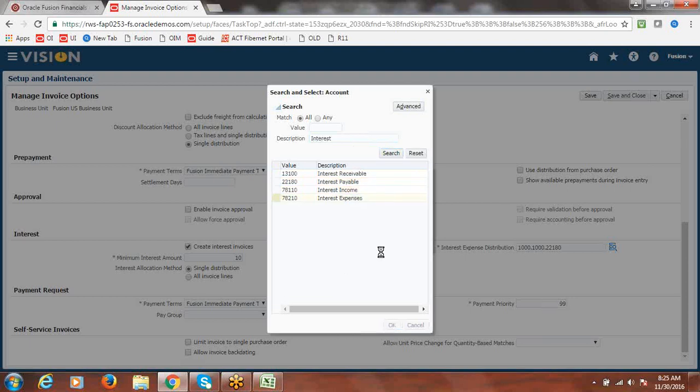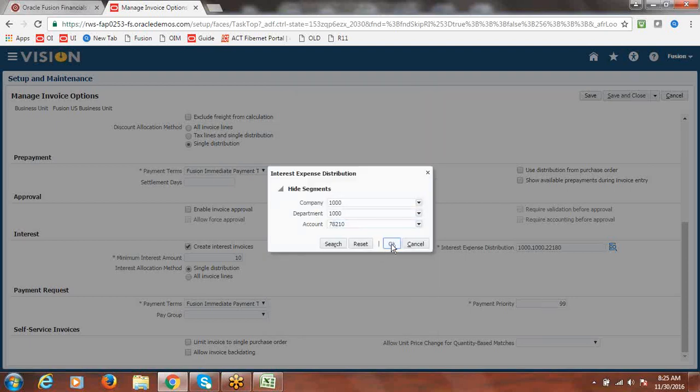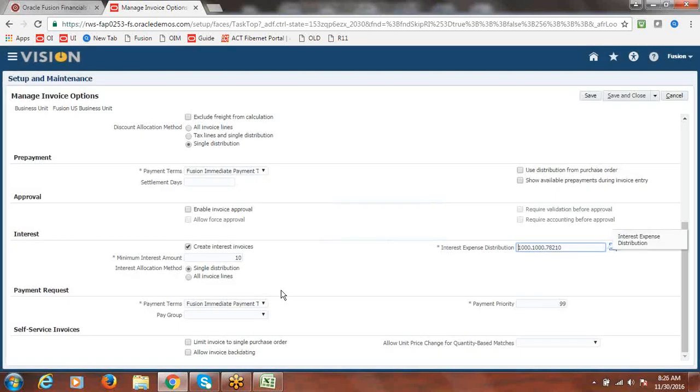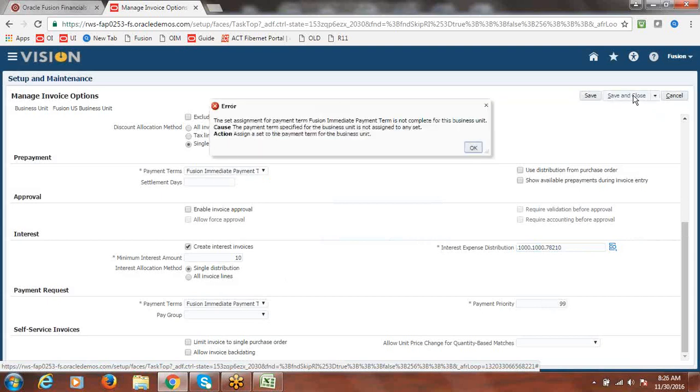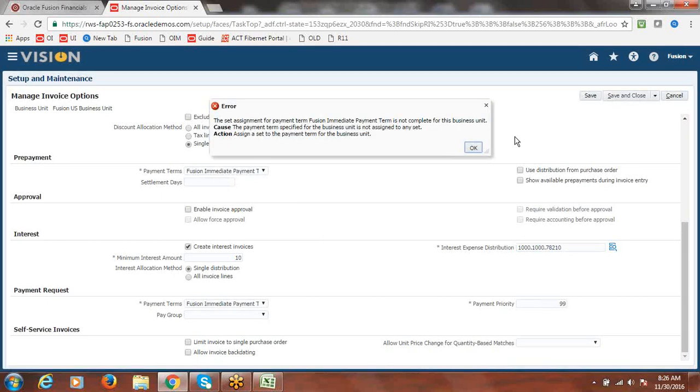Interest expense account, and say okay. That's all. Okay, now you can say save and close. Okay, the set assignment,